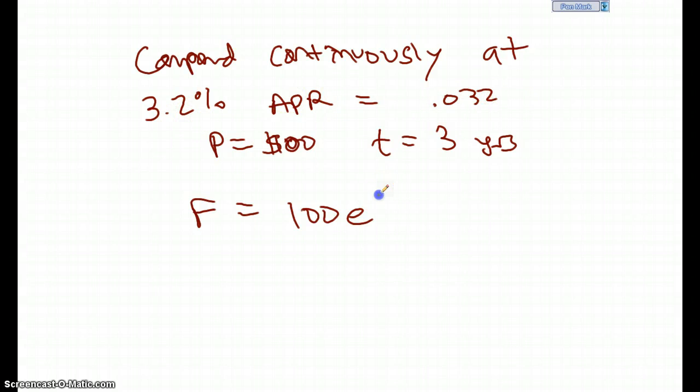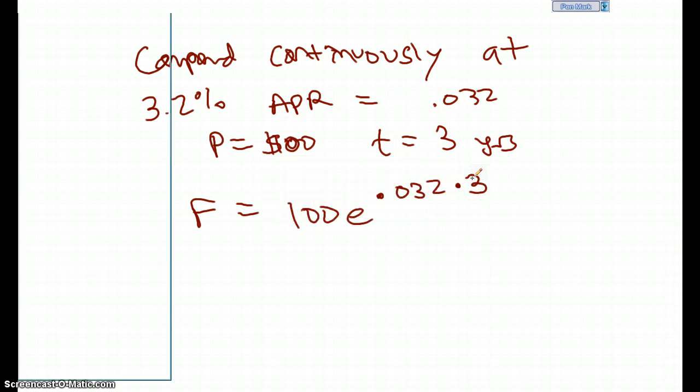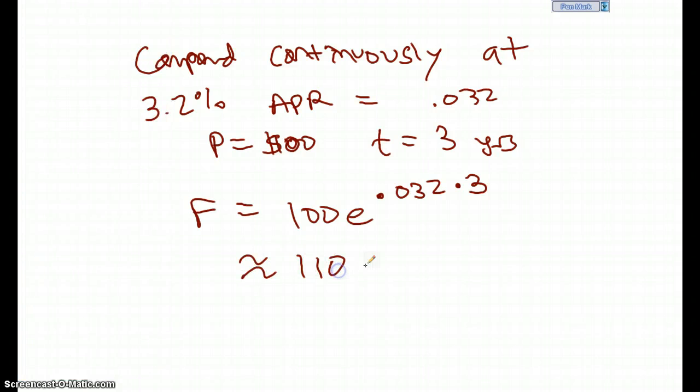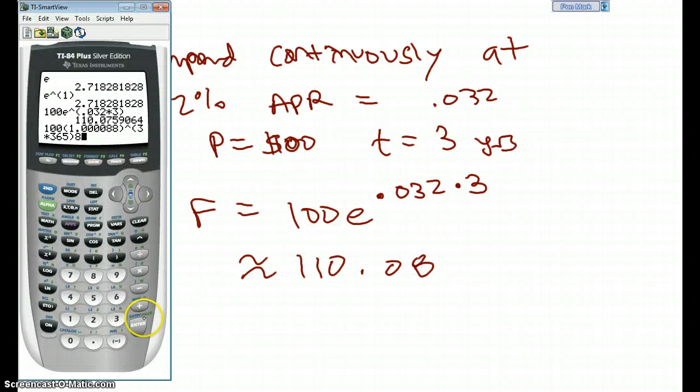0.032 as a decimal. So 0.032 times 3 years. The way we do that is type in 100, second the ln, and in our power we put 0.032. We never use whole numbers in these formulas for percentages. Times 3, and hit enter. You'd see that you'd have about $110.08. How does that compare to what we would have compounded daily? Well, based on our compound interest formula, 100 times our rate raised to the 3 times 365 gives us